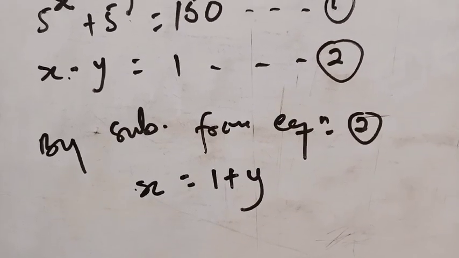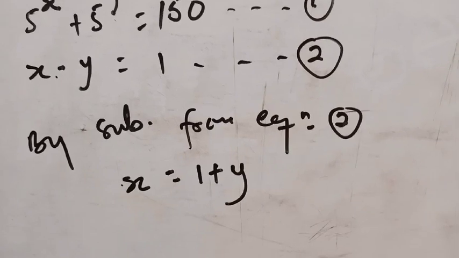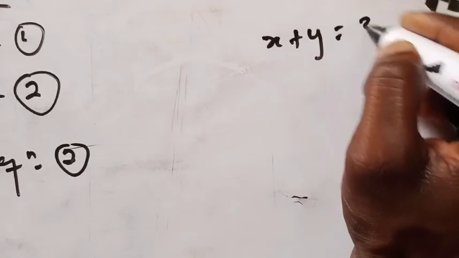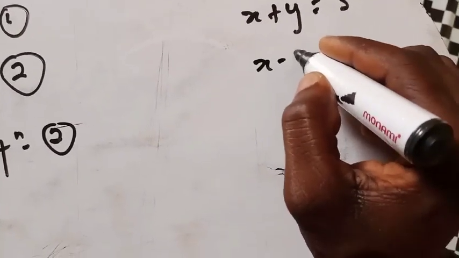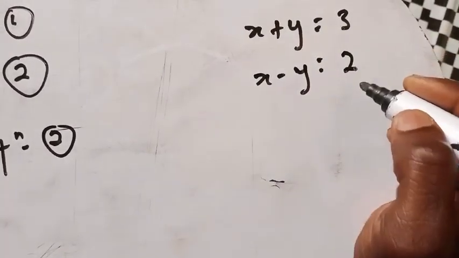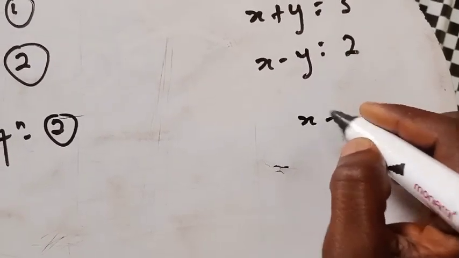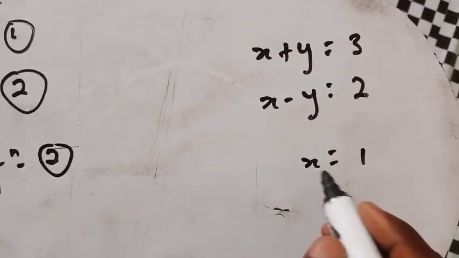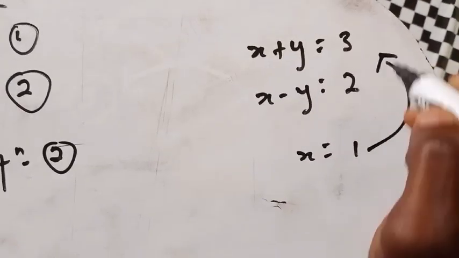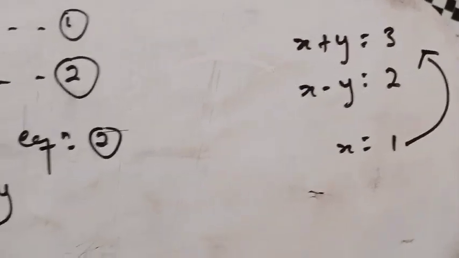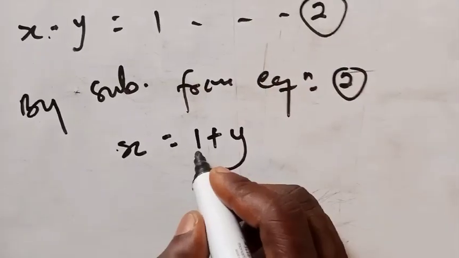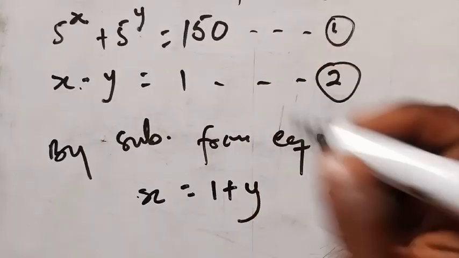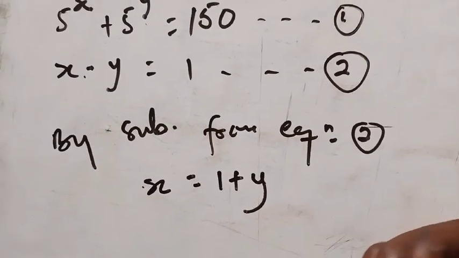Now that we have this equation, this is just like solving something very simple, like let's say x plus y is equal to 3, and x minus y is equal to 2, right? If you're able to find x to be equal to, let's say, 1, just as an example, you pick that and plug it into one of the equations and move on. Okay, so now we have x equal to 1 plus y. We are going to pick this and substitute it into the second equation, because we made x the subject from the